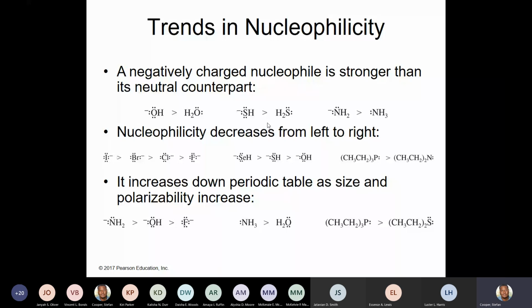Yes. Okay, good. So that means that there's probably some atomic size that's influencing things here. We're going to talk about this shortly. So the trend is that the larger the atom, with all things common. So what needs to be common is that these all have that negative charge, right? So they all have a negative charge. So if they all carry negative charge, and I'm just larger, I'm going to be a better nucleophile